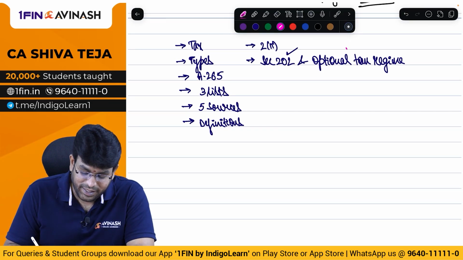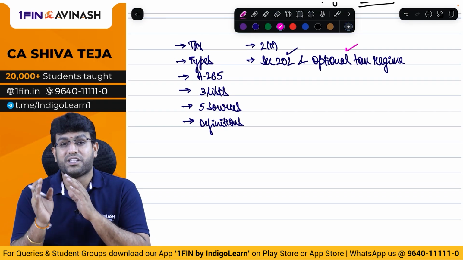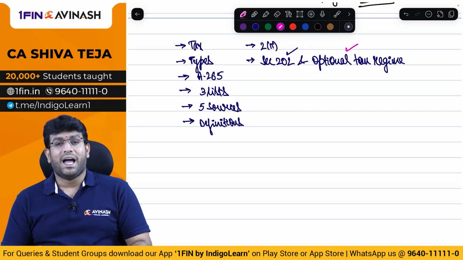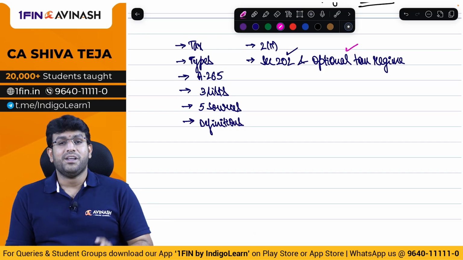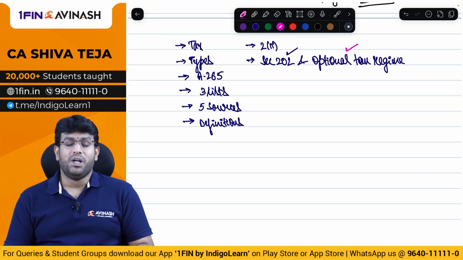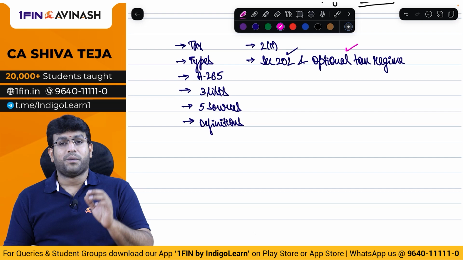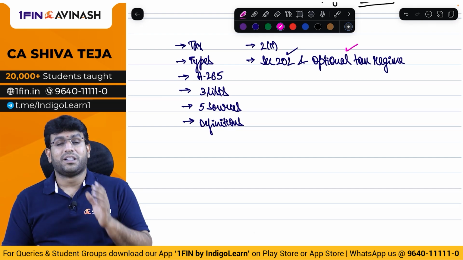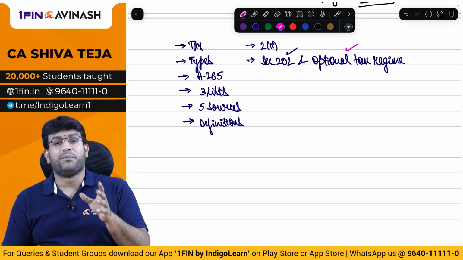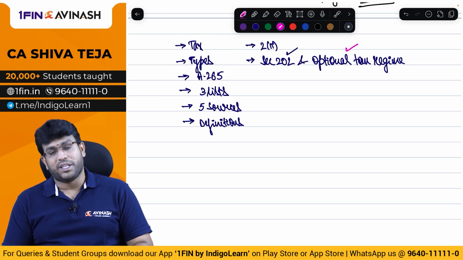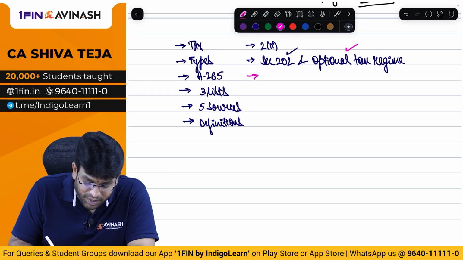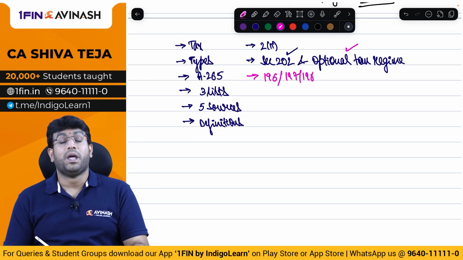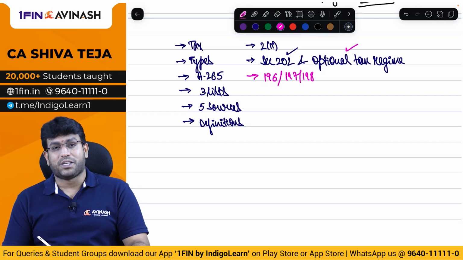Then in optional tax regime, the rates of tax are based on age criteria: normal, senior, super senior. Normal below 60 years and senior 60 to 79. Super senior, my dear friends, 80 and above. Those are the 3 categories which we have clearly understood with respect to the provisions of the tax rates for individual, HUF, AOP, BOI, AJP, and separate tax rates there for other persons. Then after that, we have also covered tax rate under 196, 197, 198, which talks about capital gains. Even those special rates of tax we have covered.